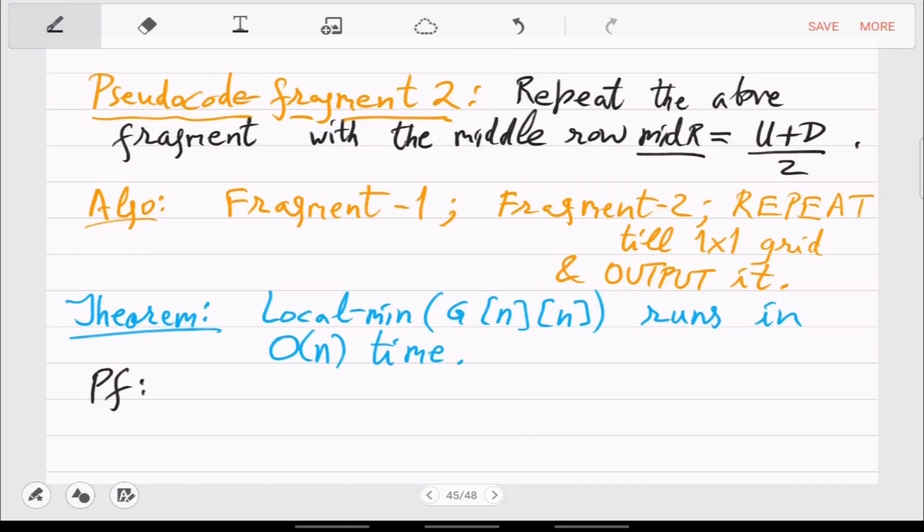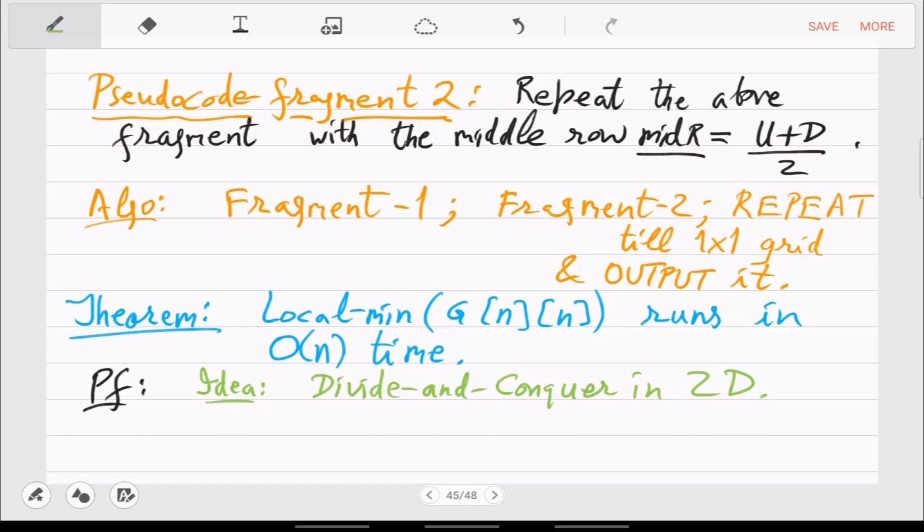So why is that? The main idea is that it's divide and conquer in 2 dimensions. We are dividing the columns by half, and we are also dividing the rows by half, and so on.